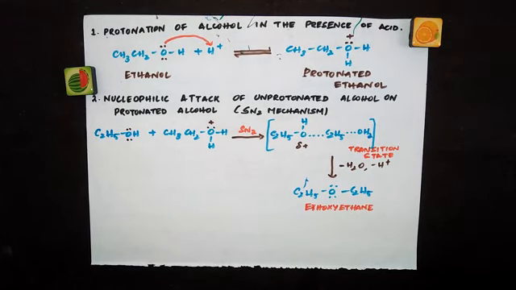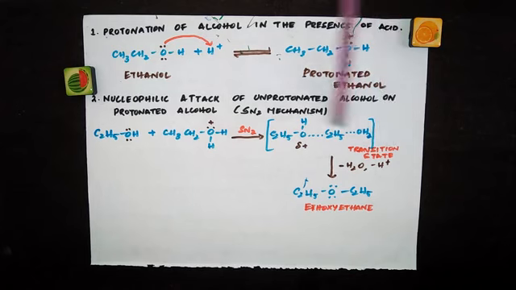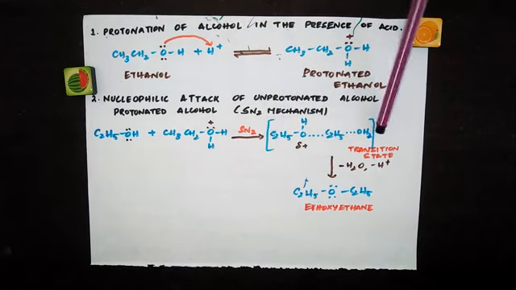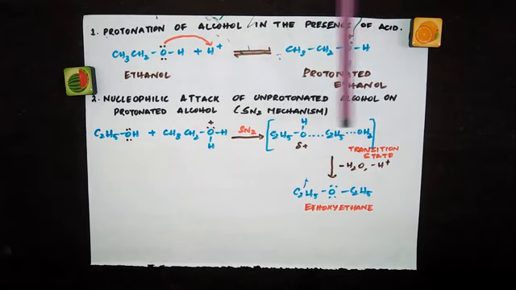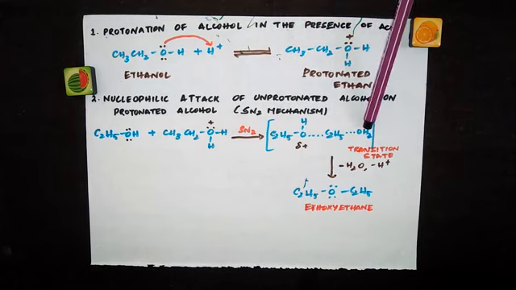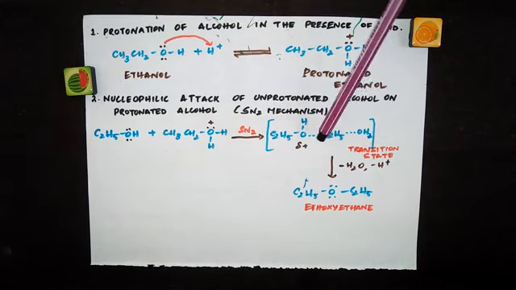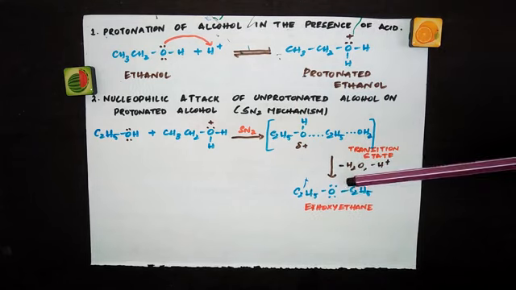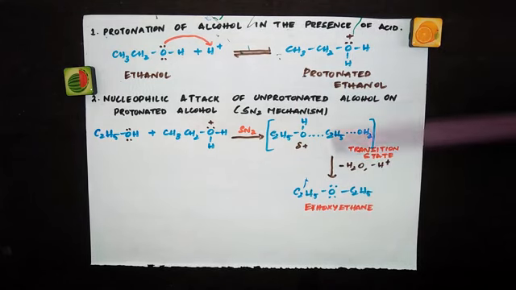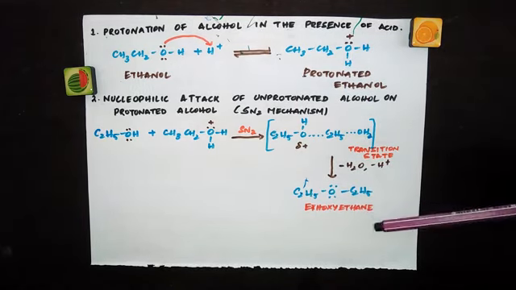What happens in the transition state? The attacking nucleophile will be bonded to the substrate, and the outgoing part is also attached to the substrate. So we have a transition state where both bond formation and bond cleavage happens. So this is called as transition state. So from this transition state, water molecule is removed and H plus is removed. So you're ending up with ethoxyethane.